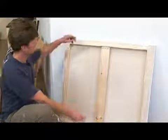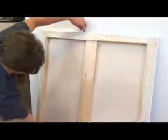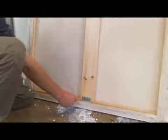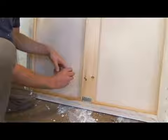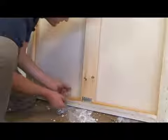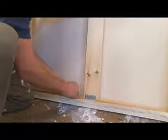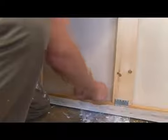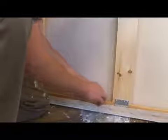And you wire it up here. Make your wire a little wider than the width of the canvas here, so it'll have some slack in it. And you fold it up here, loop it through your eye hook like that. Give it one firm twist here, and then once you got that, start twisting it over